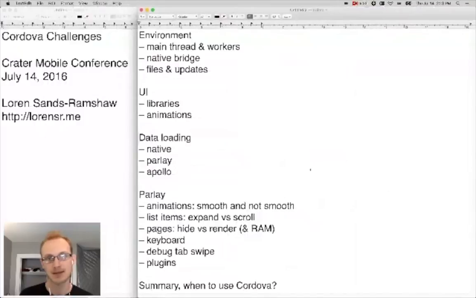Let's talk about data loading. In native apps, you often store some data on the phone locally and persistently, so that if you lose connection, or you restart the app and don't have an internet connection, the app can still display some data. It won't be the most up-to-date data, but it will still be able to display the page. And that's something that's uniform across